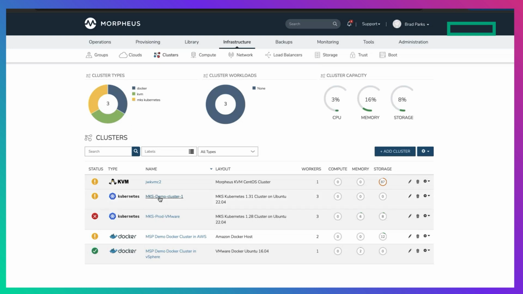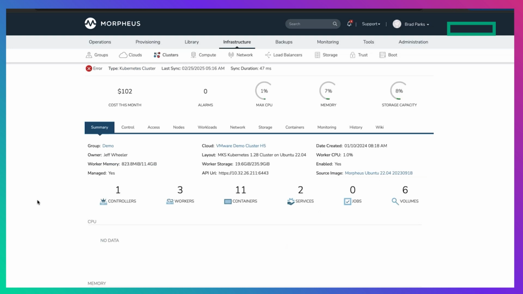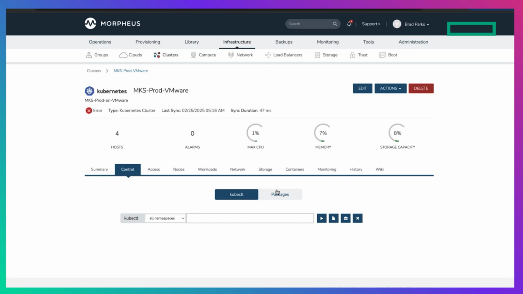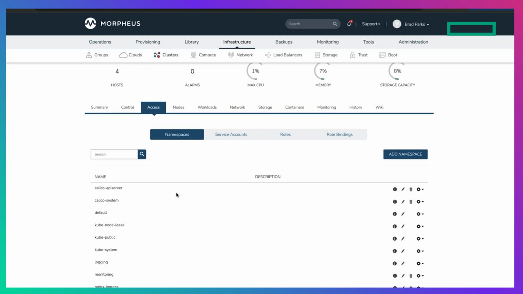If I go, for example, into this MKS or Morpheus Kubernetes cluster, you can see I pull in a lot of the objects from the Kubernetes APIs. I get versions of different packages that are running. I can run kubectl commands. I can check my access, so things like namespaces, roles.